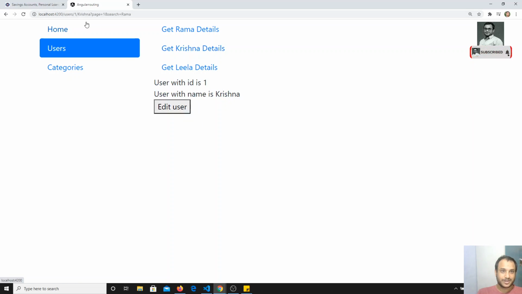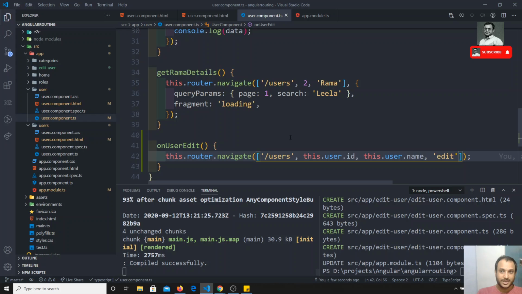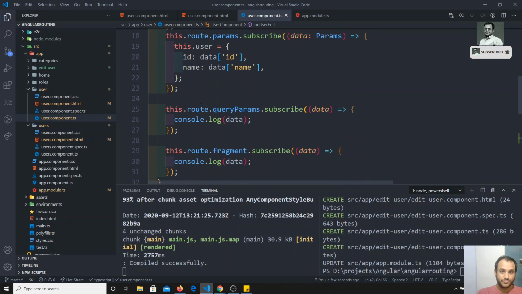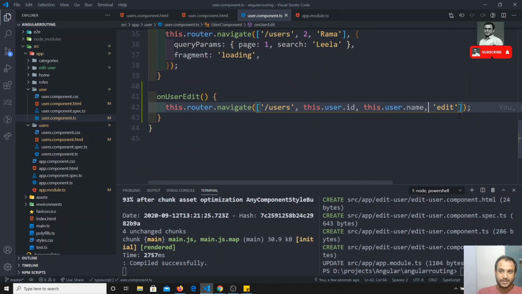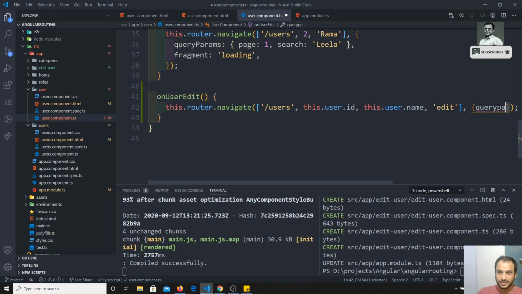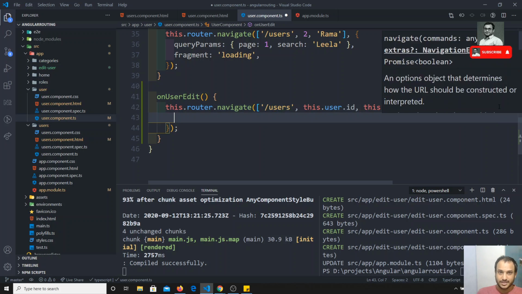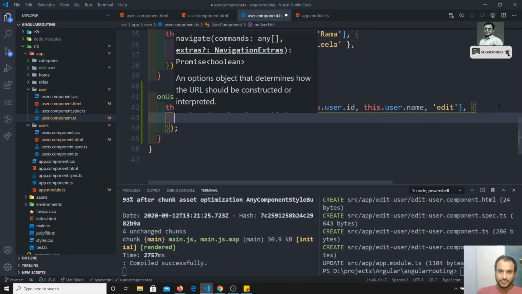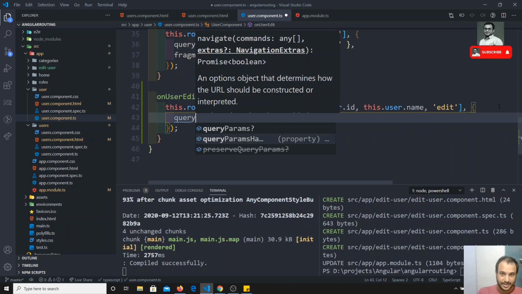But here what happened, the query parameters are missing, so we are not carrying the query parameters with that. You can say okay, fine, no problem, we already got the query parameters, we can use these query parameters and handle them like this. You can do like this also, but we have another option, and I need to tell you this important thing, query param handling.